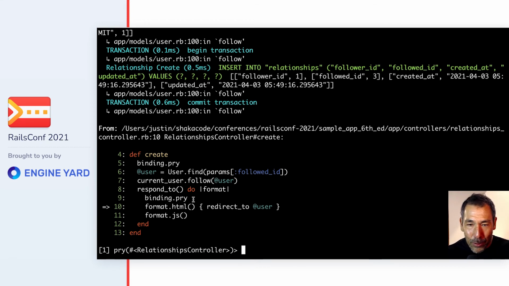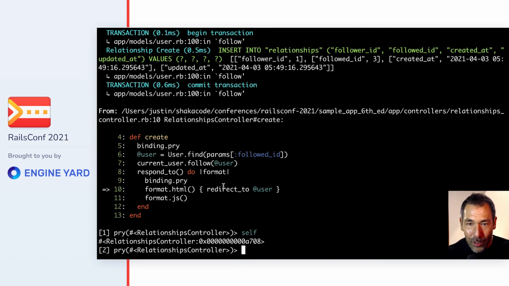So one thing I didn't mention to you about self, well, first of all, is that we could call in here, if I wanted to see what's in self, you know, what is self right here? Self right there is a controller. Now, whenever you're inside of a block, you cannot necessarily assume you're in the parent one, but in this case you are. And that's because this method here, respond to, is probably running the block in a normal format like yield. And it's not doing something called instance_exec, because I'm going to show you in a sec with Pry how we can actually figure out what's happening